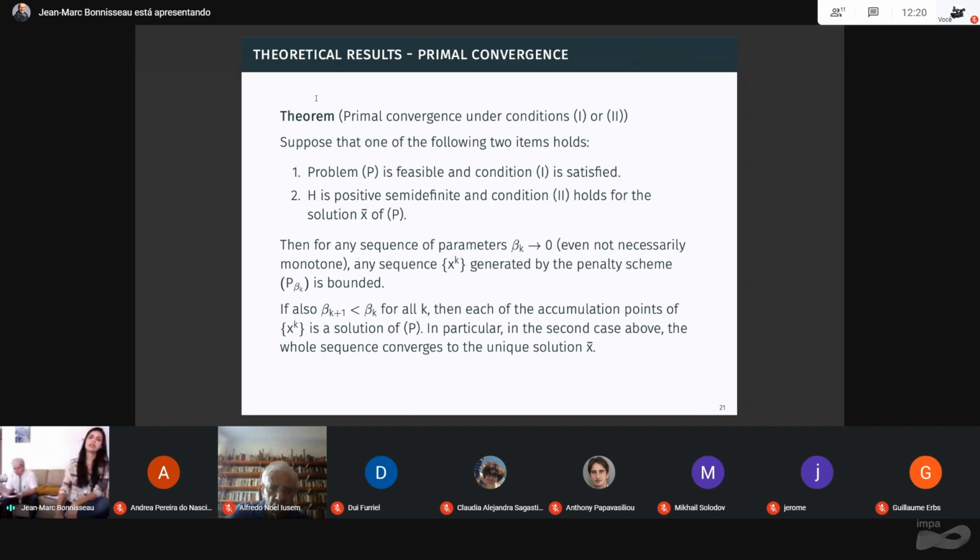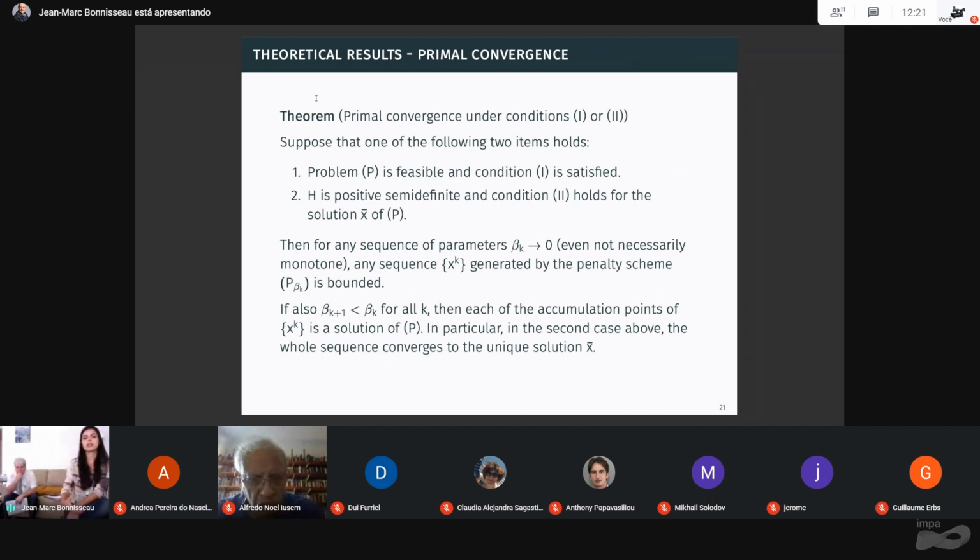Now we state the theorem as we proved it in the manuscript. This theorem will assume conditions 1 or 2. I will talk about these conditions in the next slide, and now I will focus on the result. If condition 1 is true for problem P, or condition 2 is true at x bar, and h is positive semi-definite, we have that for any sequence of parameters beta k, not necessarily monotone, and any sequence xk generated by the penalty scheme,